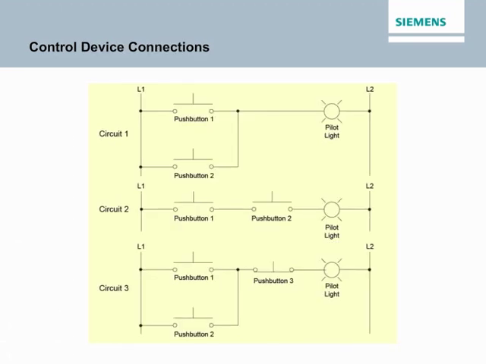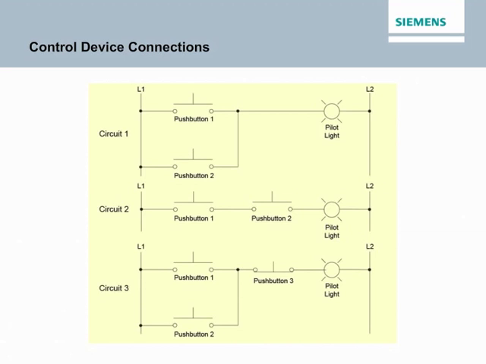Often, a load is controlled by more than one device. These control devices may be connected in series, parallel, or in combination series-parallel circuits. For example, in circuit 1, two normally open push buttons are connected in parallel. Pressing either push button or both push buttons allows current to flow from L1 through the indicator light to L2. In circuit 2, normally open push buttons are connected in series. Both push buttons must be pressed at the same time to allow current to flow from L1 through the load